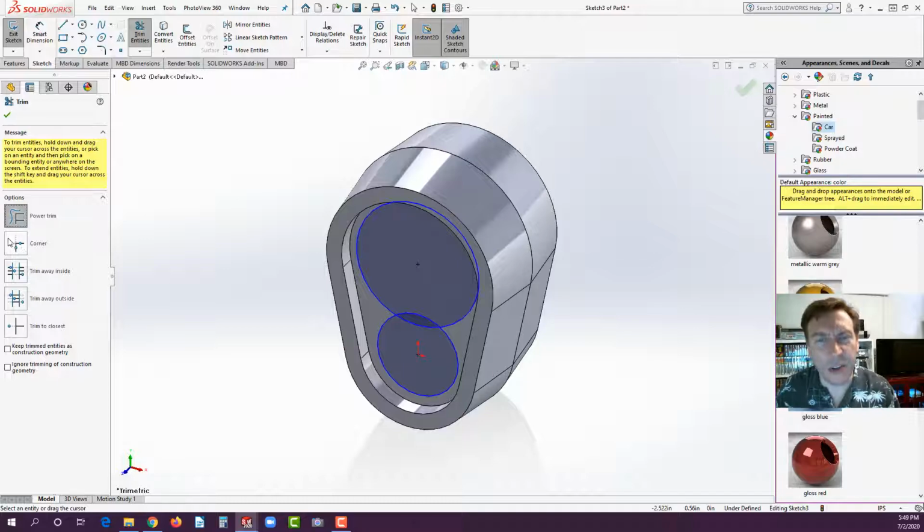Every CAD system has Power Trim now, something very similar to it. The way it works is, watch this, you just hover your pointer over the area nearby where you want to trim, and you just click and hold down the mouse button as you drag, and it looks like it's scribbling here, and whatever you scribble through gets removed. You see how that just eliminated that. Release it. Don't go all the way through because I want to show you the next one, which is Trim